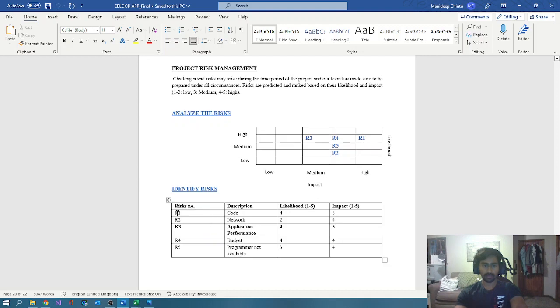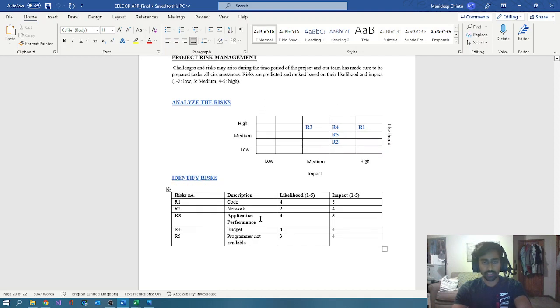And here are the risks, which is the code. That code may go wrong and it could give bugs. Network, the server: the whole application is dependent on the AWS servers. So if there's any problem with the servers, that could lead to problems in the working of the code, basically leading to crashing of the application. That's more likely to be a 2 out of 1 to 5,